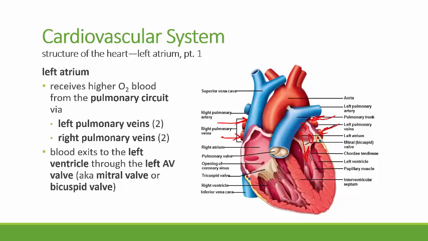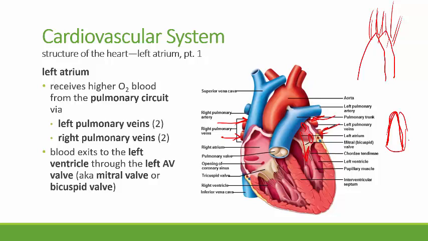Bicuspid because rather than three valve flaps, it's got two, so there are two teeth to it. It's also called the mitral valve because if you looked at it kind of upside down, you'd see the two flaps look a little like this, and then the chordae tendineae would be pulling in this direction. So let me draw it down here again. Here's one flap, and here's the other flap. To some, the opening in between them looked a little bit like the